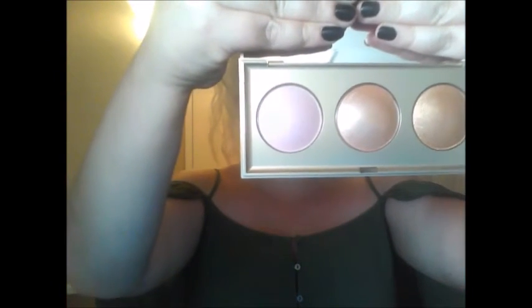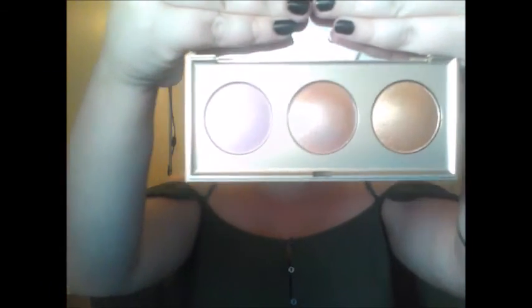But I decided to pick up the Stila Starlight Star Bright Holiday 2016 palette. And there is a pinkish white color, I mean, how would you describe this? Then a more pinkish champagne color, and then a bronze color. And when I touch these, they are not the most pigmented pigments. They are not going to be Becca pigmented. They're not going to be Bobbi Brown pigmented. But I am okay with that. They're still going to be stark, but